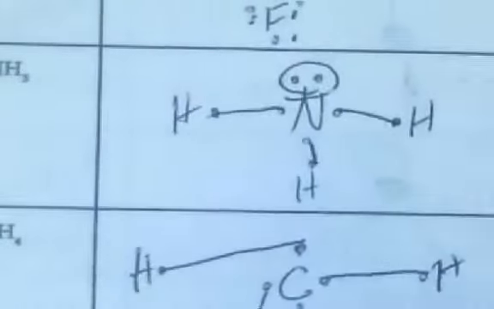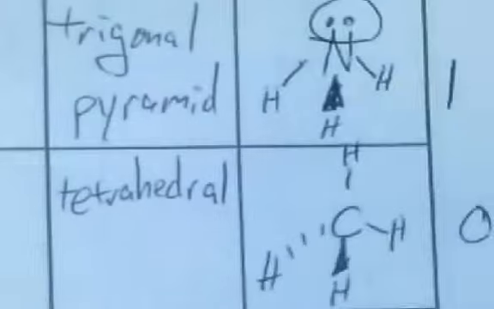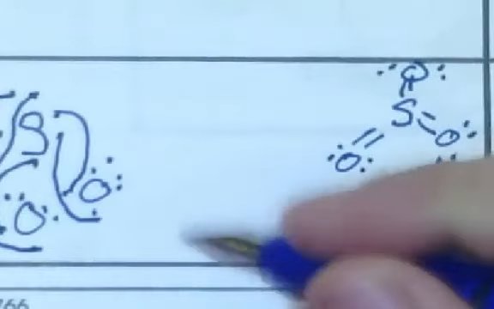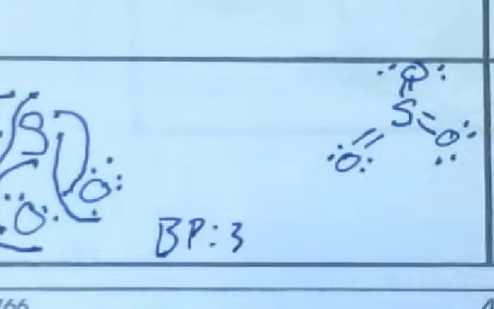Right? NH3, I don't want it to look like a T. I want to make sure that I draw it to say that my dots are pushing away my hydrogens, right? So I'm drawing it like a trigonal pyramid. So SO3 has 3 bonds